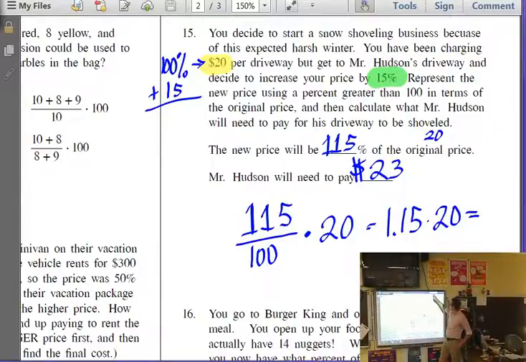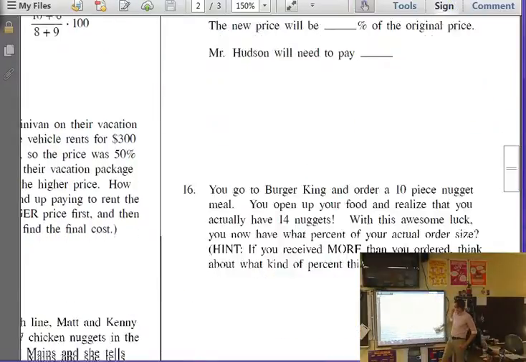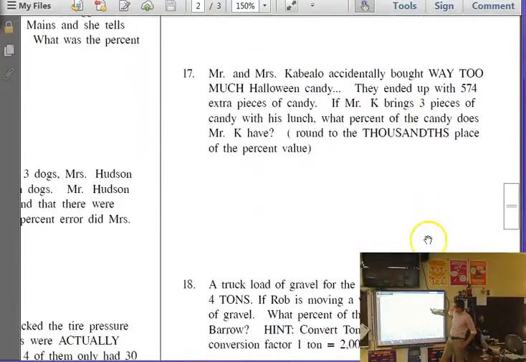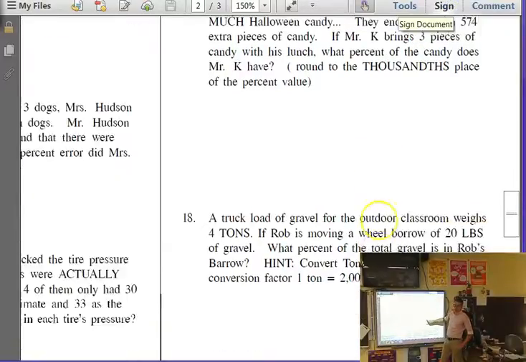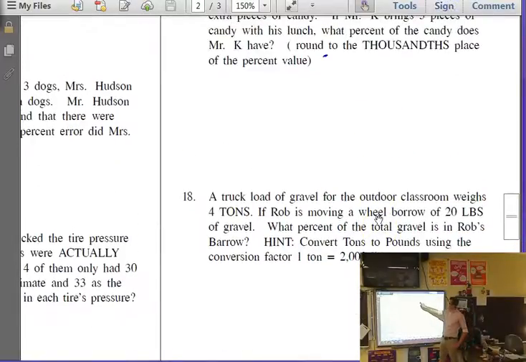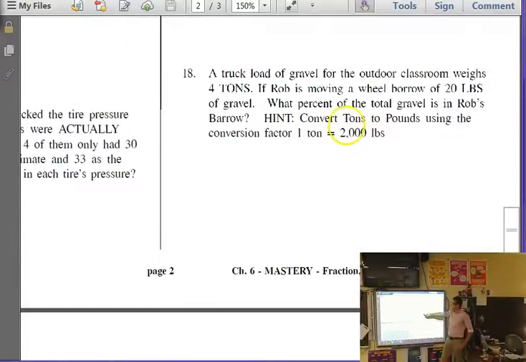And probably the last one that I'm going to do. 17, you should be able to figure out that Cabilo has 3 pieces. The total is 574. What percent does he have? We have a part and a whole that we want to calculate with. Make sure that you multiply by 100 before you round to the thousandths place. Down here, we have a little bit of conversion that needs to happen, which is why I was going to